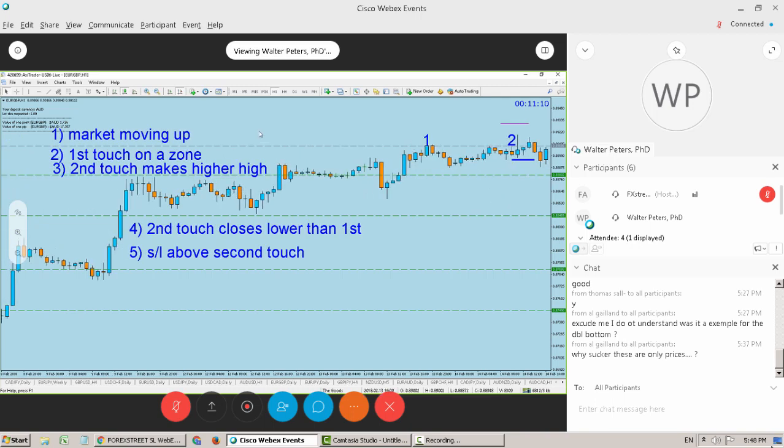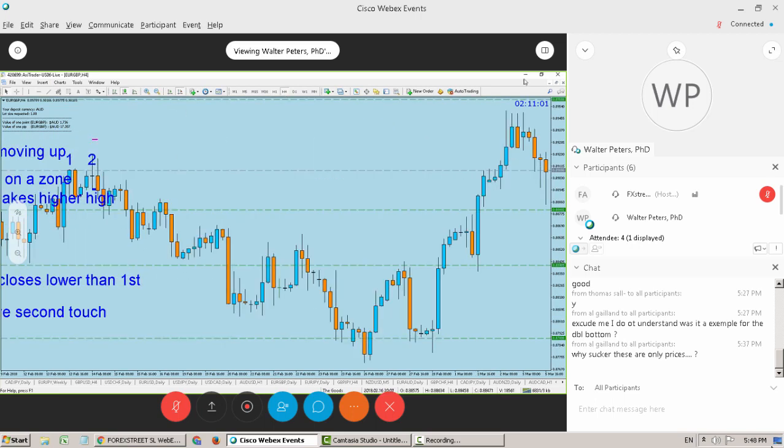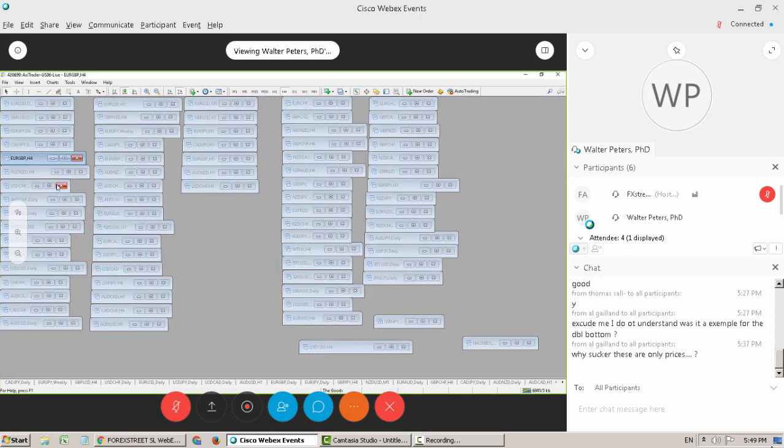Now, so there are alternative entries for this one. Does anyone have a pair you want to use? I was going to go back to the Kiwi, but I want to show you an alternative entry on the moolahs and the whammies. There's another aggressive entry that you could use outside of what we've looked at here in terms of the whammies and the moolah. So like you could go,